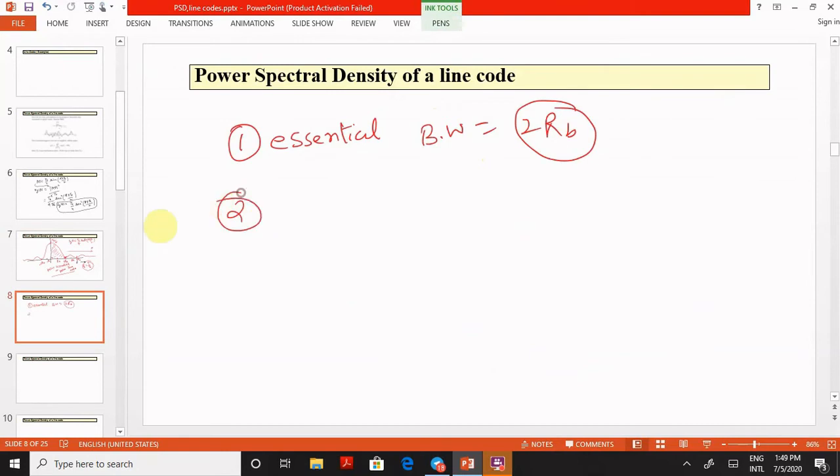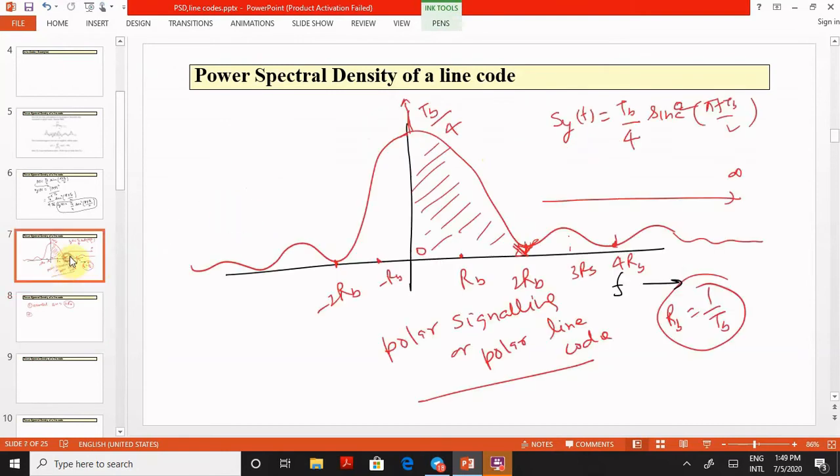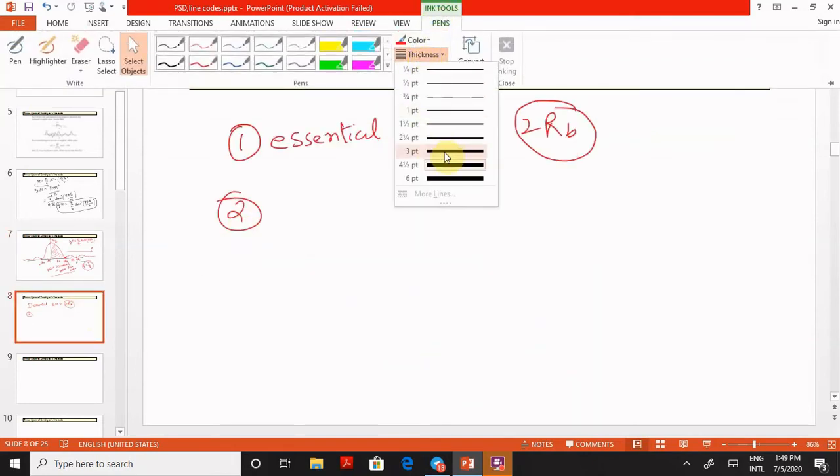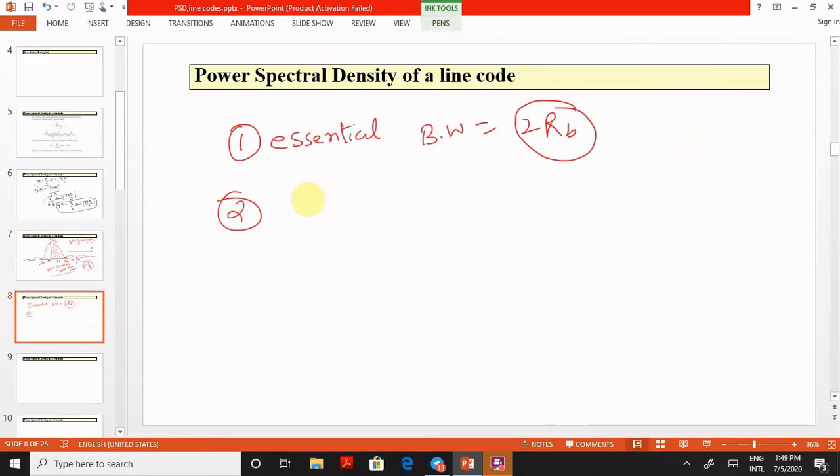And the second important point from this graph is that polar signaling has an issue: it has non-zero power at zero frequency. That means when f is equal to 0, you have a certain amount of power. So it makes AC coupling almost impossible in the case of polar signaling. So you can write down here that in